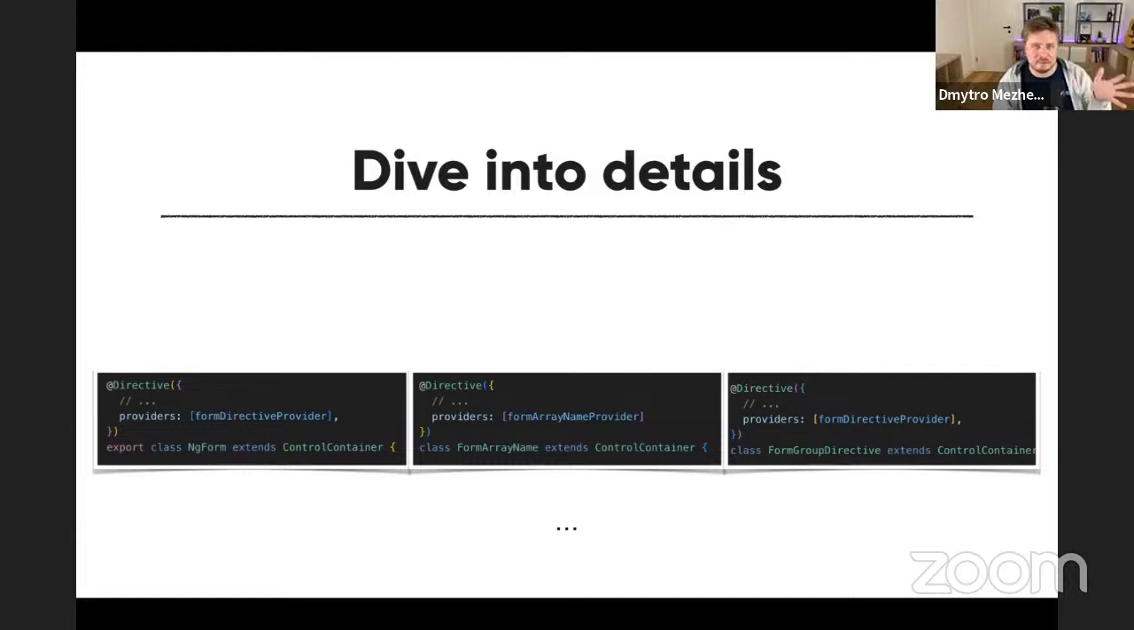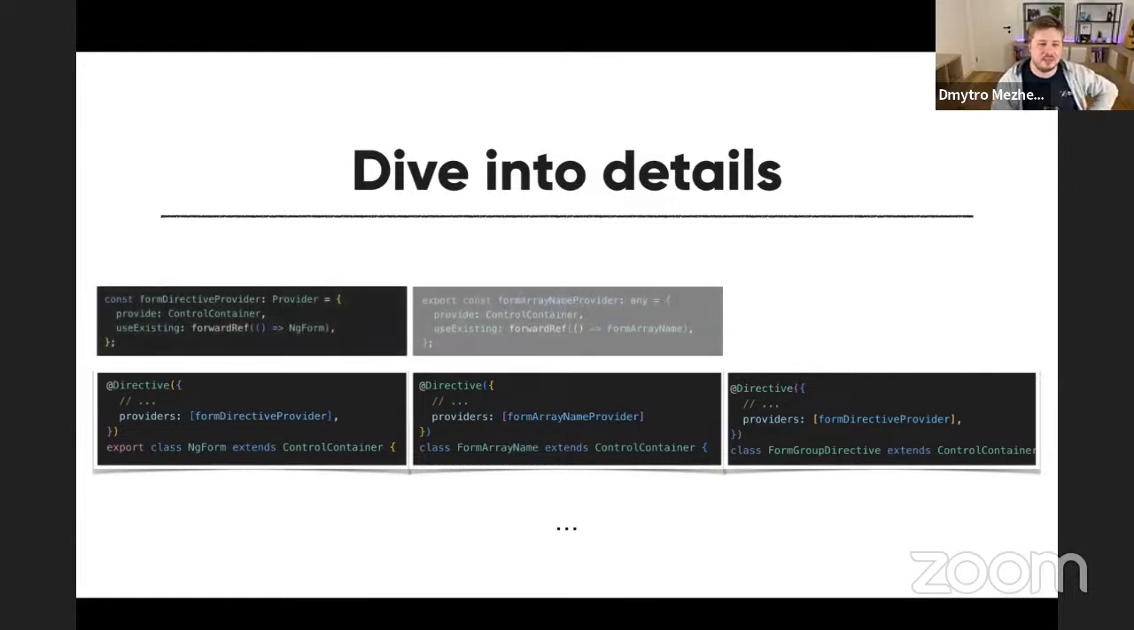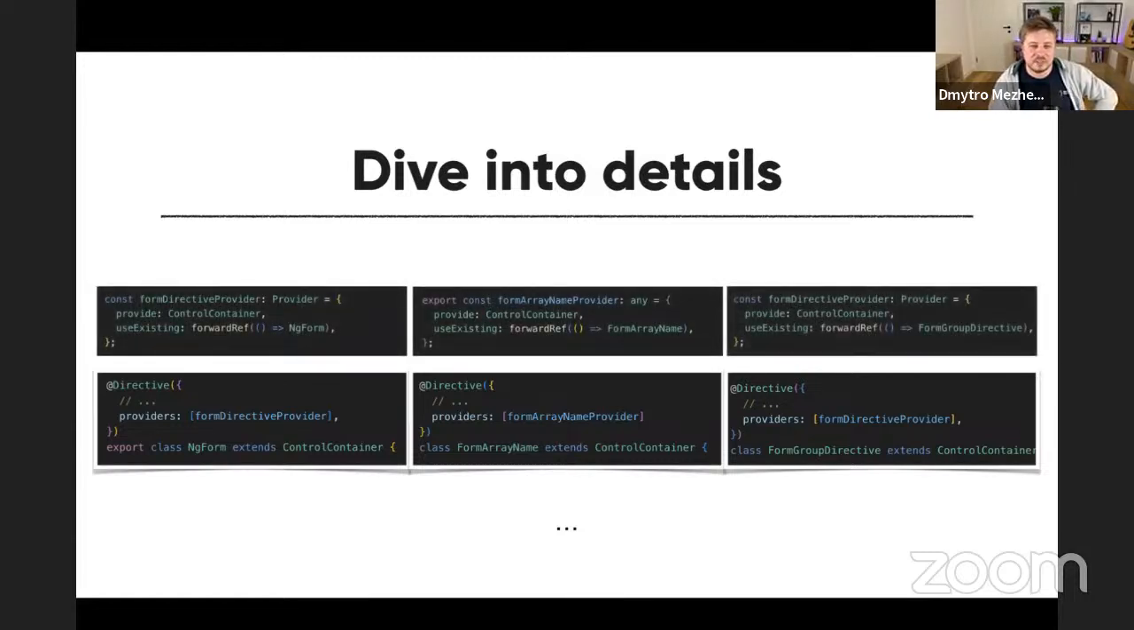As you remember, we have 5 directives, but I just didn't have a place on the slides, but there you will see pretty much the same story. So what we can see, they extend also control container base class, and they also have providers. And inside the providers, we can see the similar story, similar providers that are being resolved the similar way, which means that